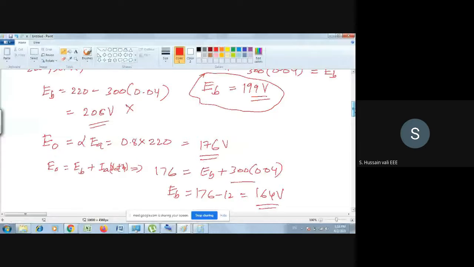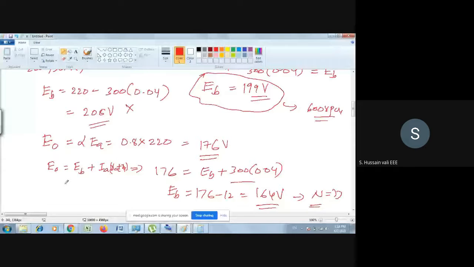So at this EB, what is the speed? Because this EB we got from the magnetization characteristics. So from the magnetization characteristics, he said the speed is 600 rpm. Now he is asking what is the speed here? Why is he asking? Because at this value of alpha, that is 0.8, he is asking what is the speed.